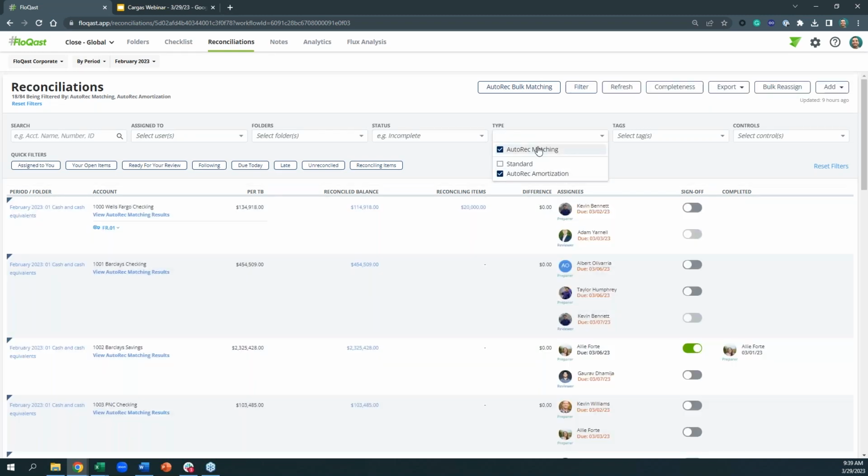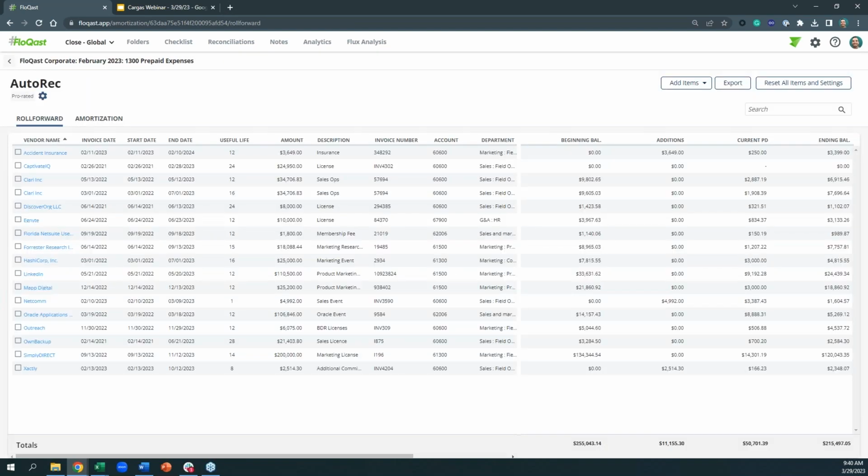In terms of auto-rec amortization, this is where we can take that Excel-based prepaid schedule and bring it into the system and systemize it to reduce errors. So as an Intacct user, we initially used the automated journal entry postings for prepaids, but we still had an Excel-based schedule as a double check, as that reconciliation. I actually liked this so much and it made it so much cleaner that I abandoned